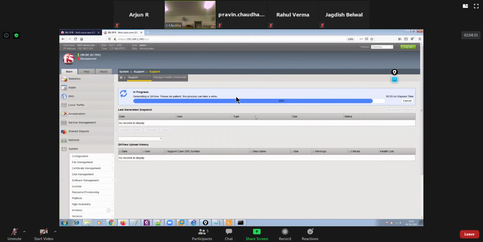Still going on. 95% is completed. Once the QKView file is available, we can download it, upload it to the iHealth portal, and thereafter see the status of your box. It's kind of self-analysis, right?